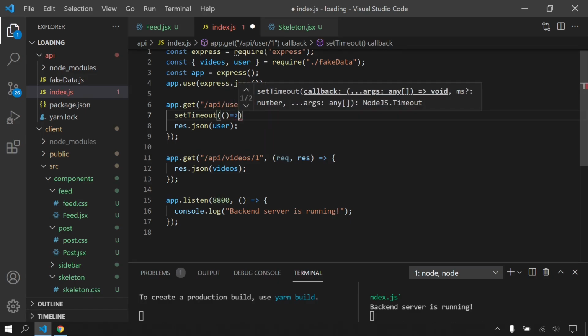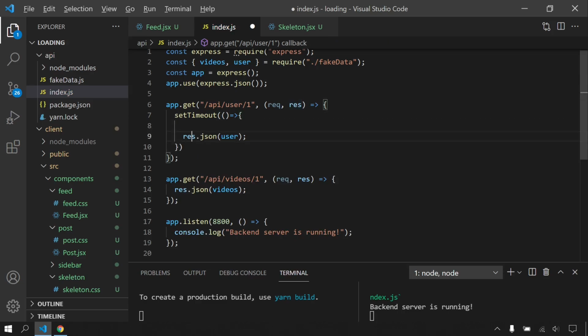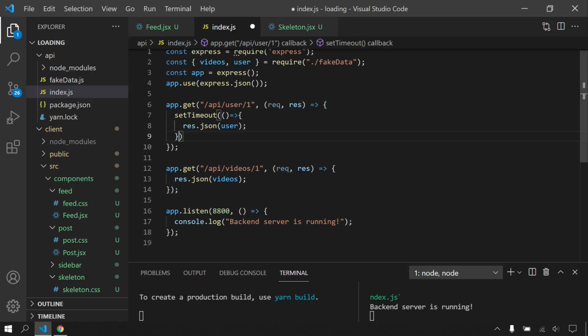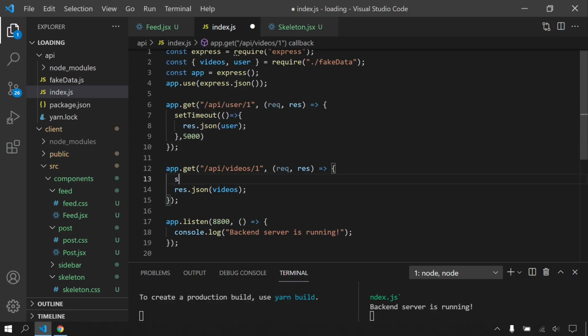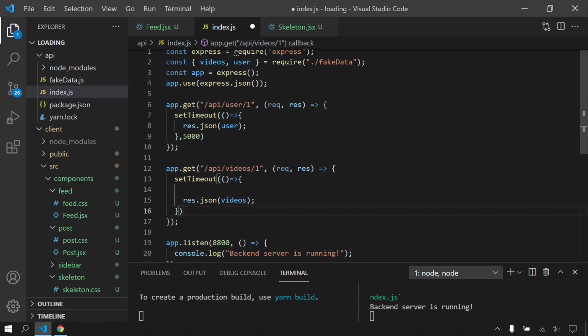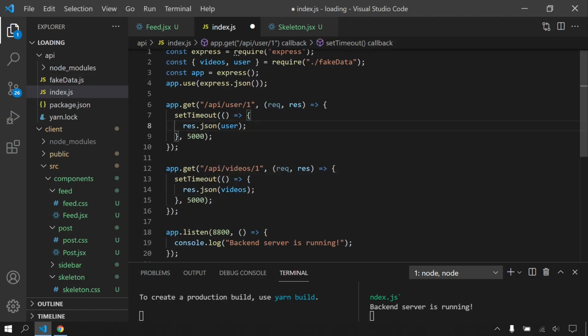And I will move this here to see just better. You don't have to do this. So I will do the same thing. Set timeout. I will move this here and 5 seconds. Actually, let's say for user 3 seconds, and for videos 5 seconds, and it can be better, I think.